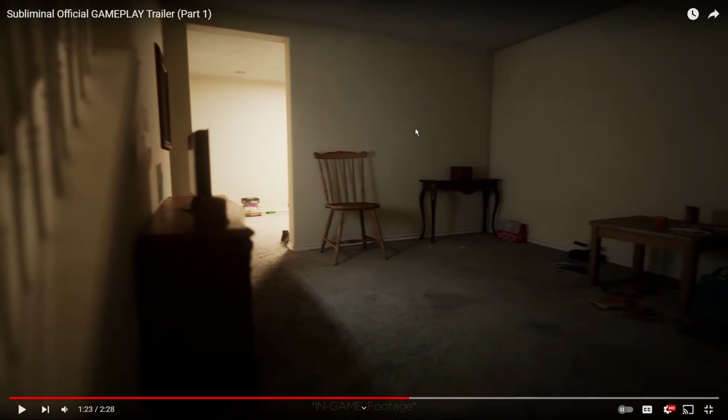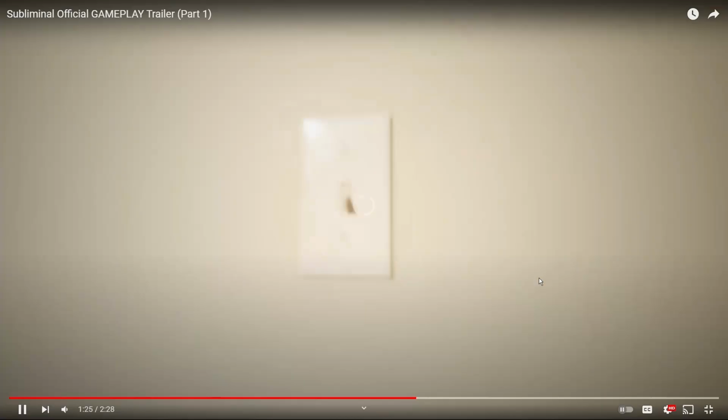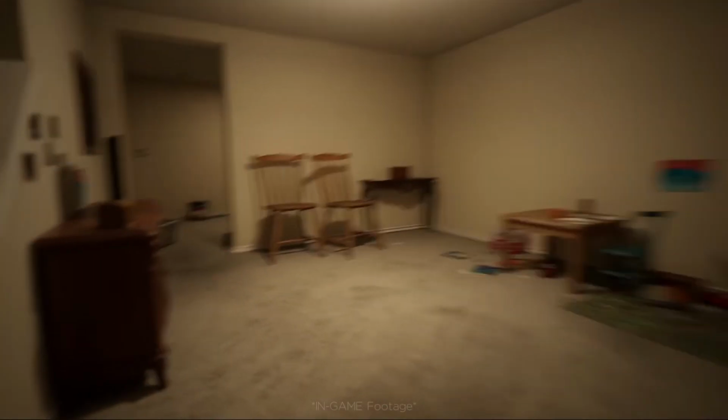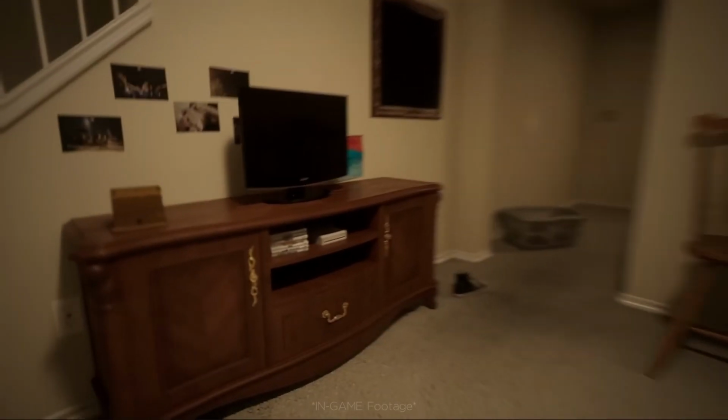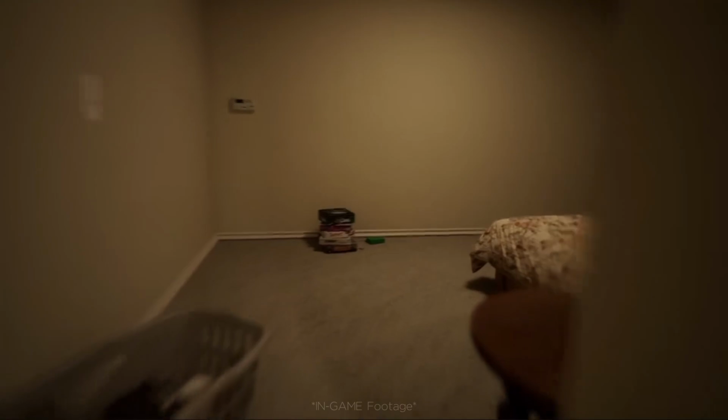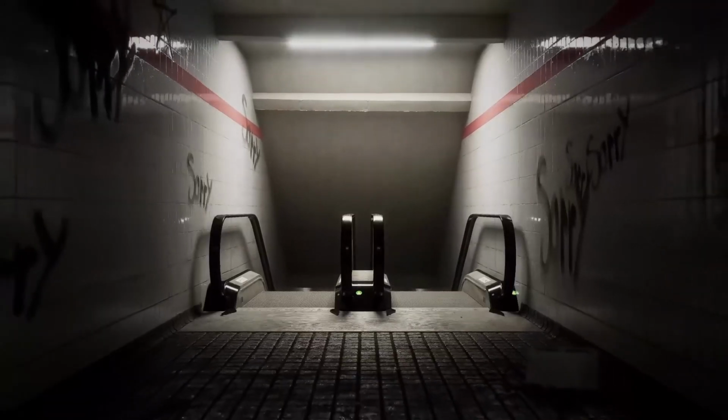Even the chair looks good. Also, oh wow, they've also done like details on the carpet and stuff. Oh, that is amazing. Oh, the lighting. If this is what the game is like, that's gonna be awesome.